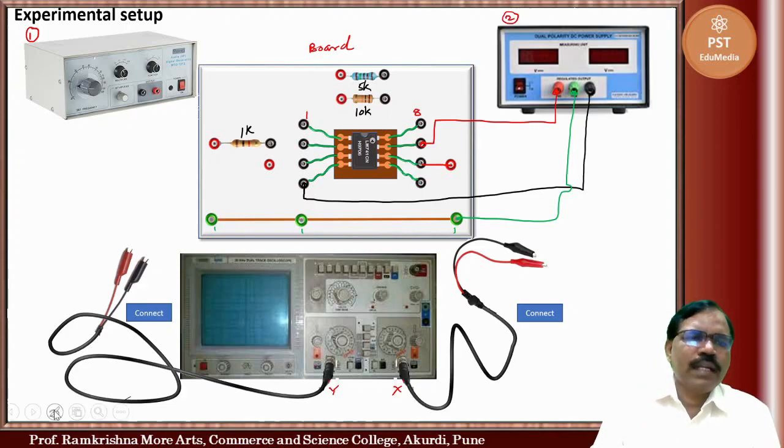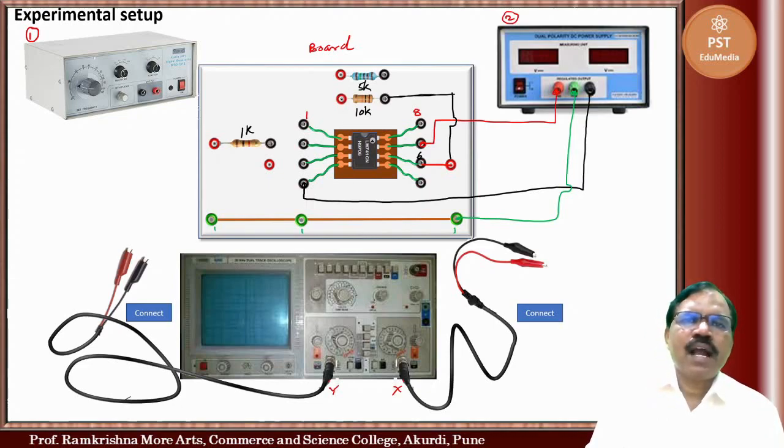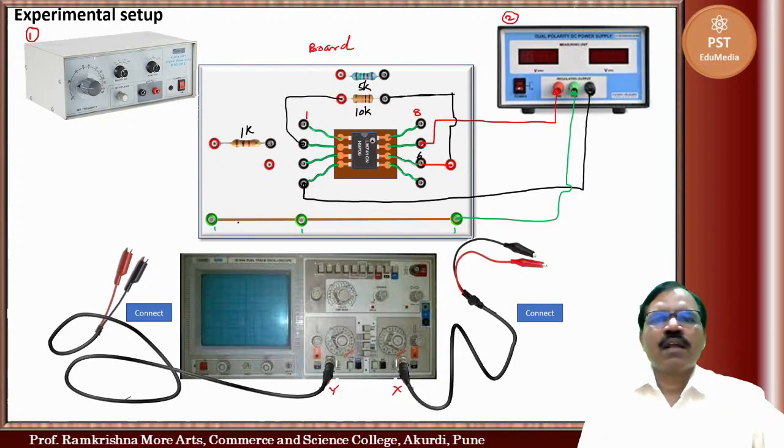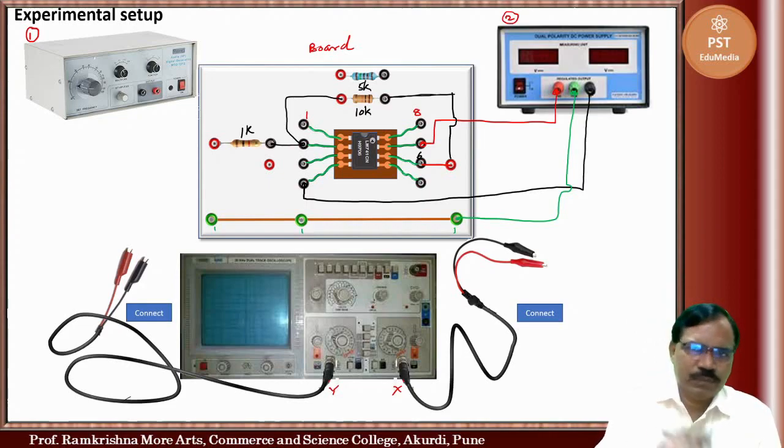Now we have to connect RF. So here this is pin number 6. Let us take a wire from this and connect it to RF. So we have connected here. Then RF is connected to pin number 2. And then pin number 2 is connected to R1. So we have completed this.